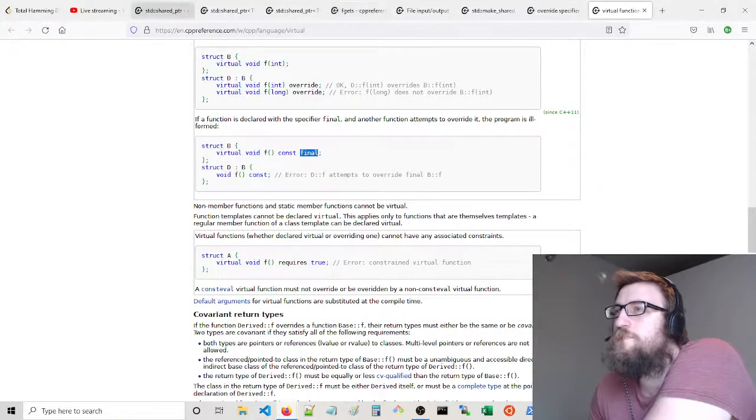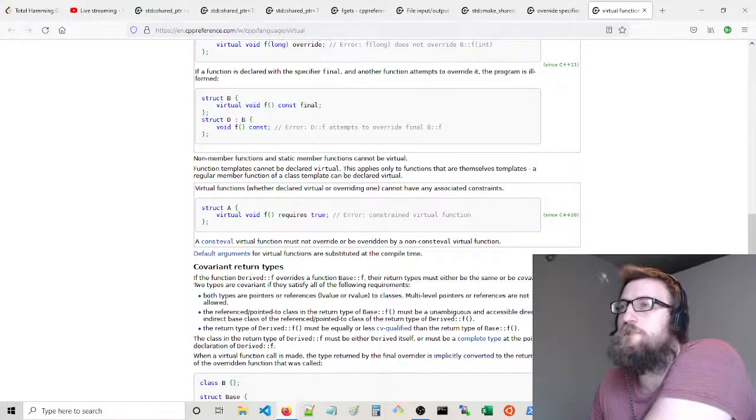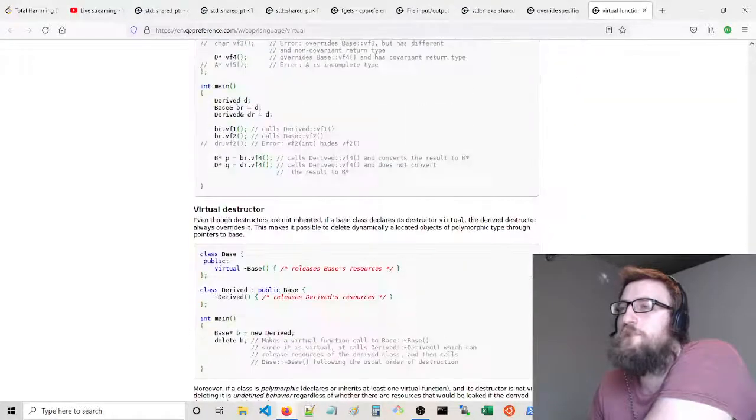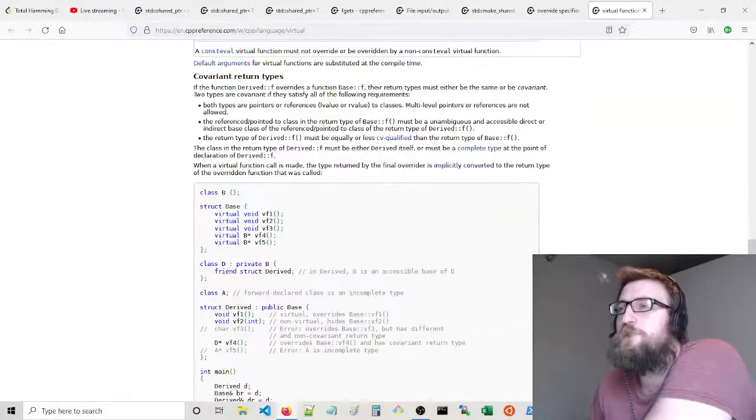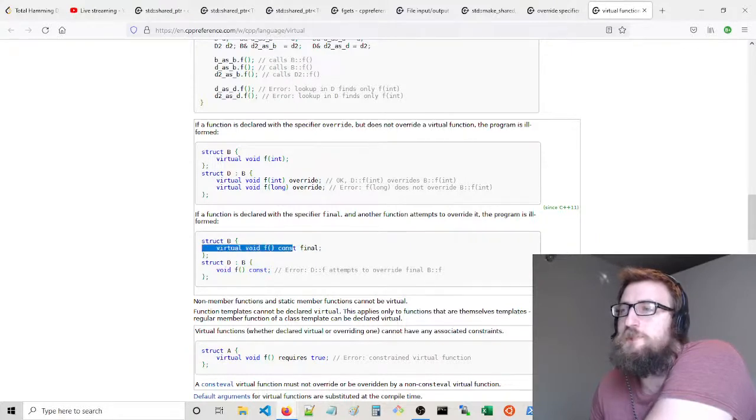So, actually, wait. I'm a little confused because if a virtual function is intended to be overridden, then a virtual function may or may not. So, a pure virtual function has no implementation. Set it equal to 0, makes the class abstract. But a virtual function does typically have an implementation. If it's final, that means that nothing can override it. So that's kind of weird because why would you